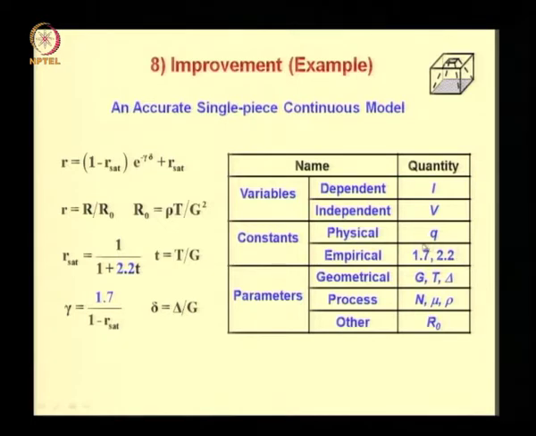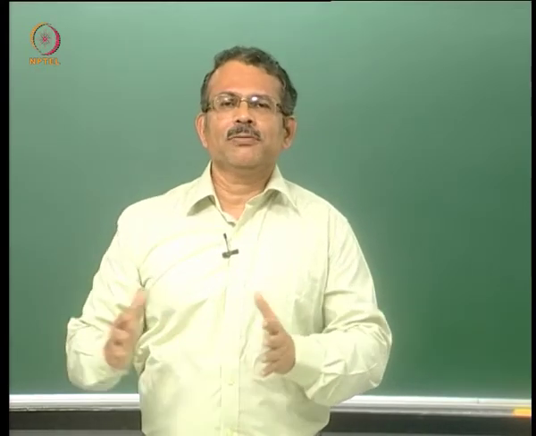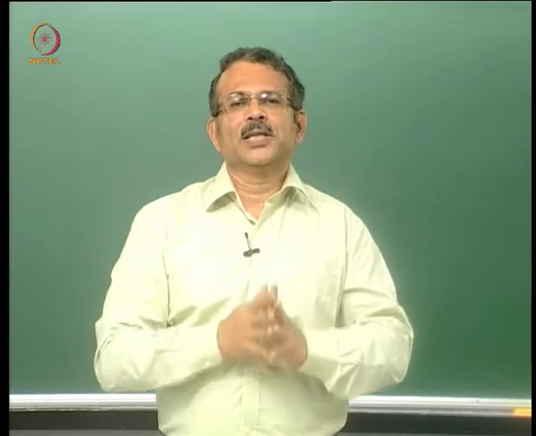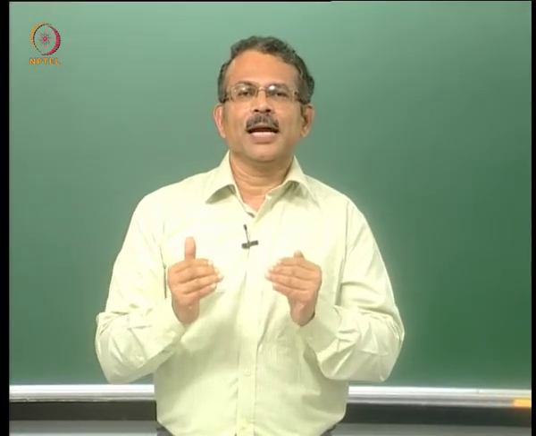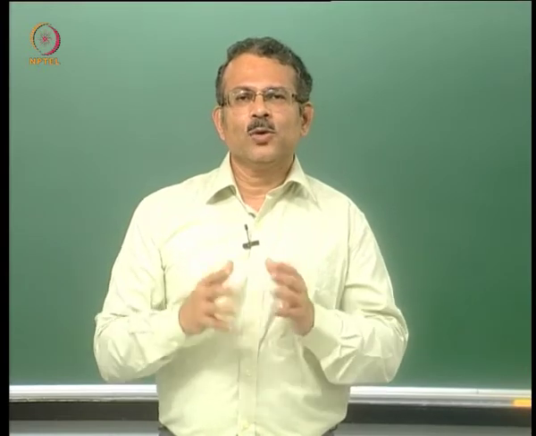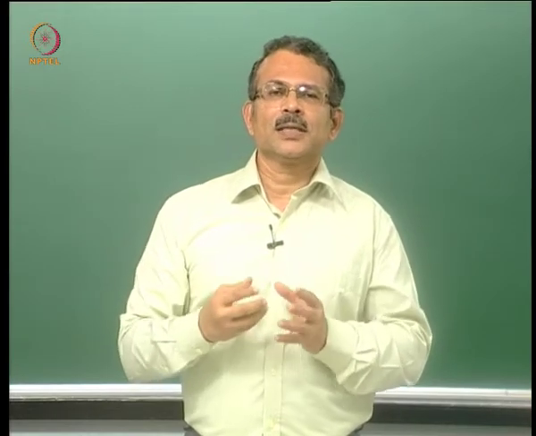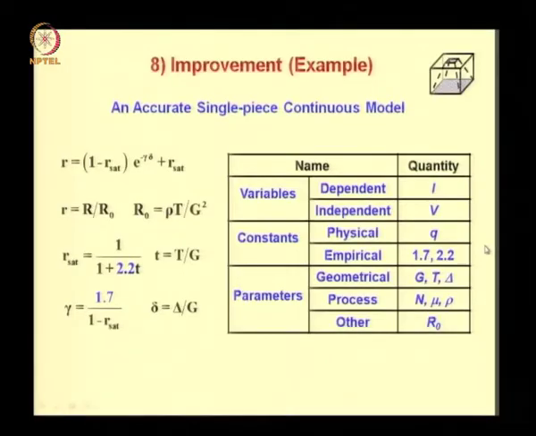So prior to improvement the model had no empirical constants, however we found that it was inaccurate, particularly for large values of bottom contact extensions and to some extent also for small extensions. So we have improved the model by adding 2 empirical constants and made it accurate. Now this is how you can see that to achieve model accuracy, empirical constants are introduced into an analytical model. In the process the model loses the physical basis somewhat, but it gains accuracy.